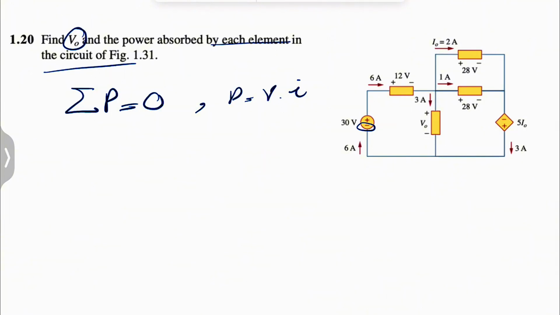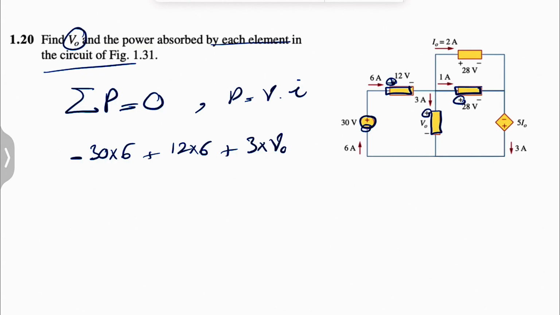So let's start with the first element, this one. We can see the current is entering negative, so it will be negative. Voltage is 30, the current is 6. So let's move on to the second element. This will be positive 12 times 6. This one here will be again a positive power, 3 times V0, which is what the question is asking us. This one we have also positive power, 28 times the current is 1,